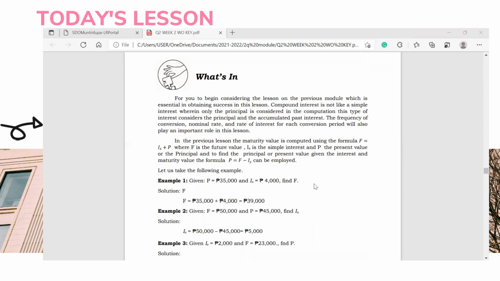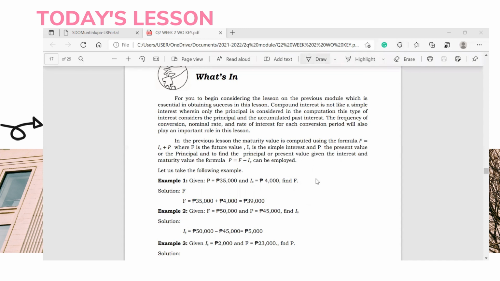Compound interest is not like simple interest wherein only the principal is considered in the computation. This type of interest considers the principal and the accumulated past interest. The frequency of conversion, nominal rate, and rate of interest for each conversion period will also play an important role in this lesson. In our previous lesson, the maturity value is computed using